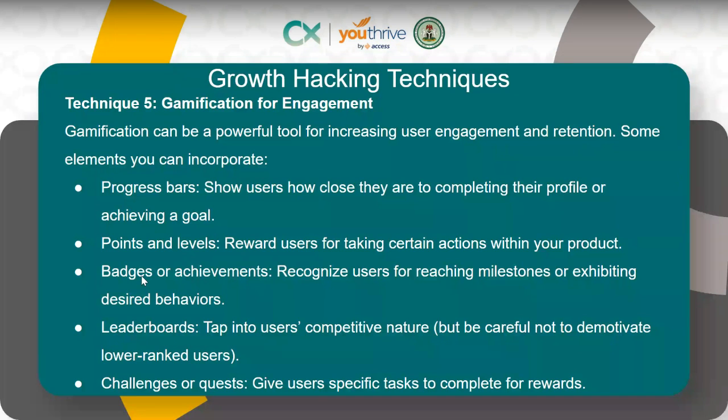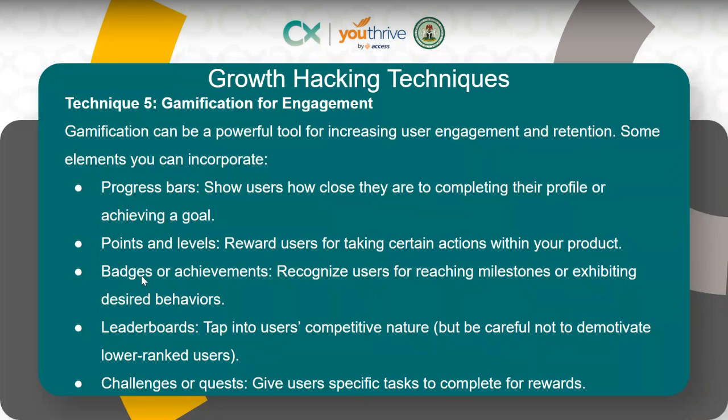I remember back then, Tiger Go. I don't know how many of you used to use it. Tiger Go used to have levels. We have, I don't know, expert, there is legend, something like that, and all of this is based on how much engagement you do on that app.